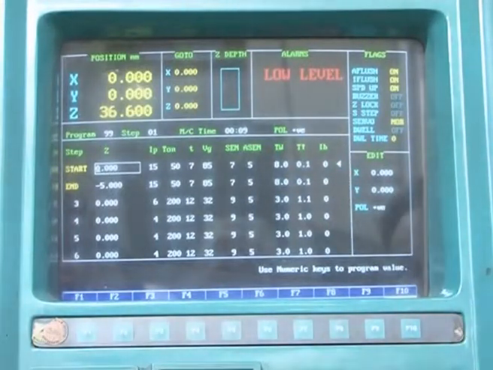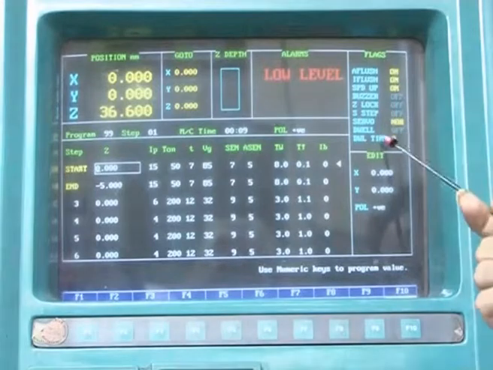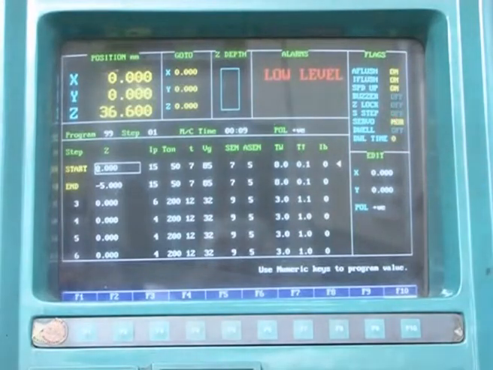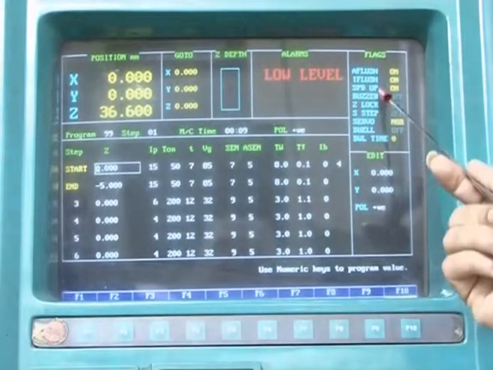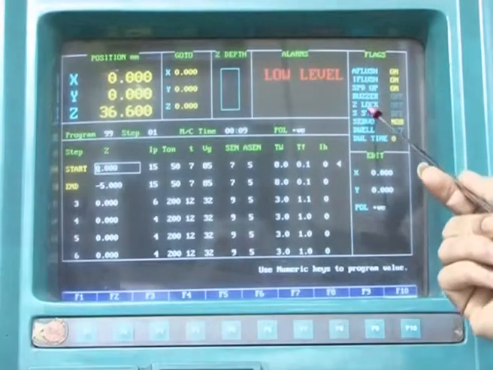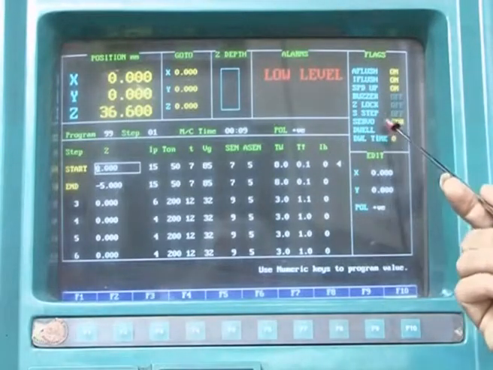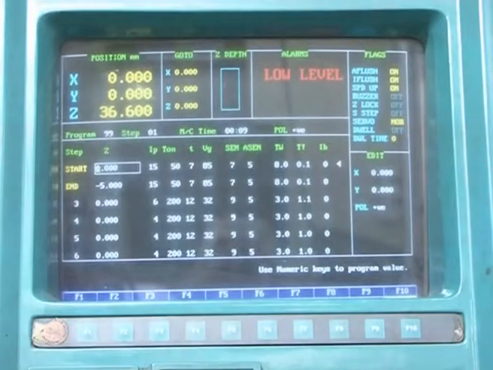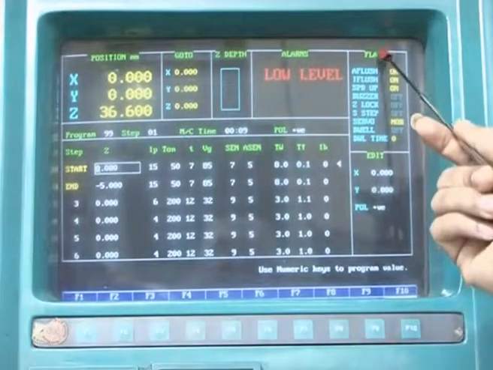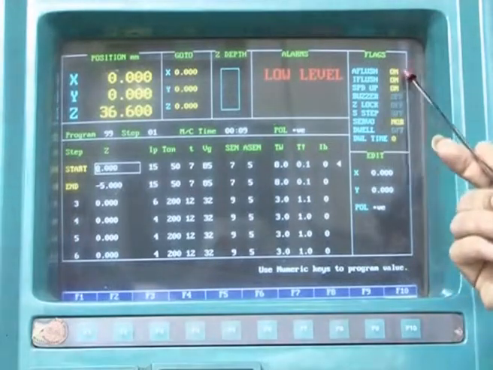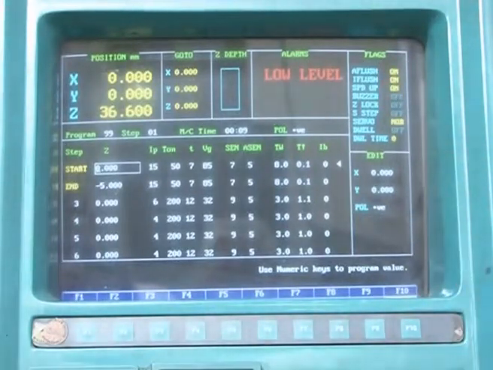And now this menu gives the flags. The flag is some type of alarm: if machining takes place with some unwanted noises, then this alarm will sound. This is the auto flush, then speed up, buzzer, servo, and dwell time. Dwell time is when machining takes place, you can give some dwell time so that machining can take place at a higher rate. At present most of these are off and these first three are on, so that you get an alarm if machining is not taking place at a particular setting.